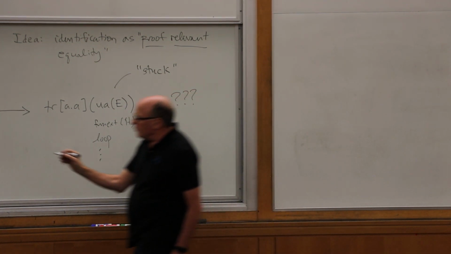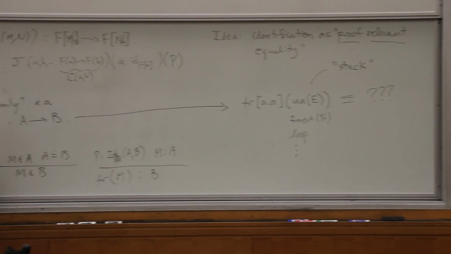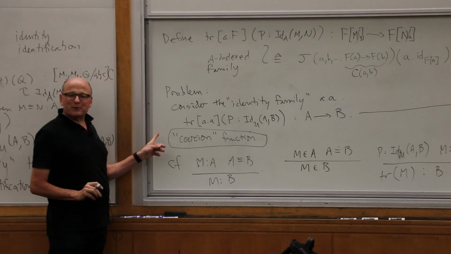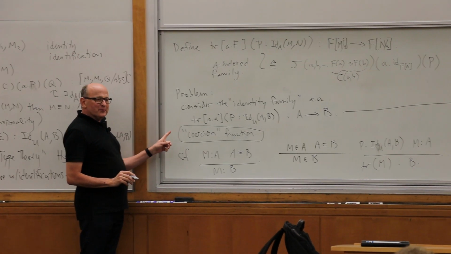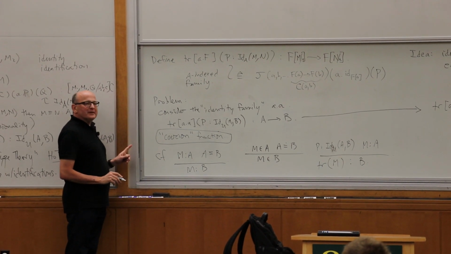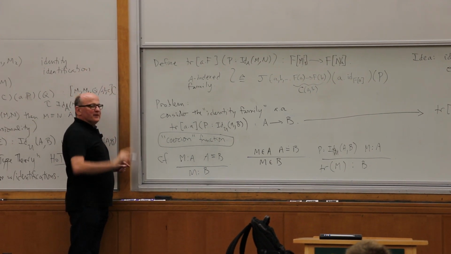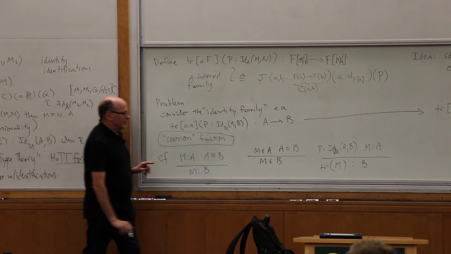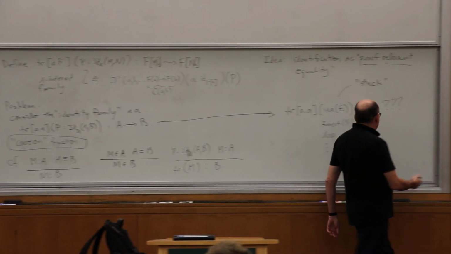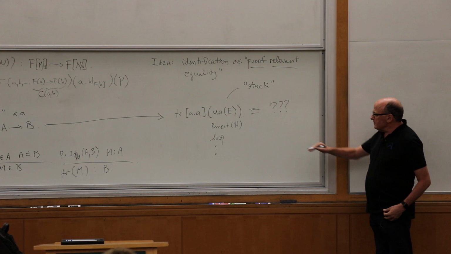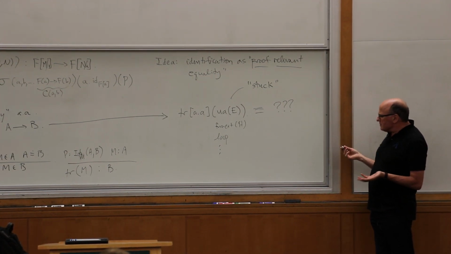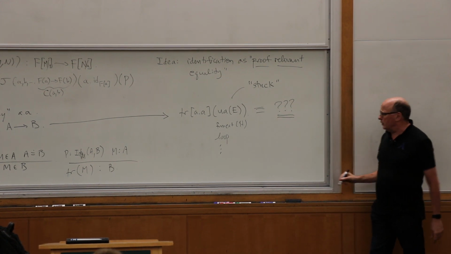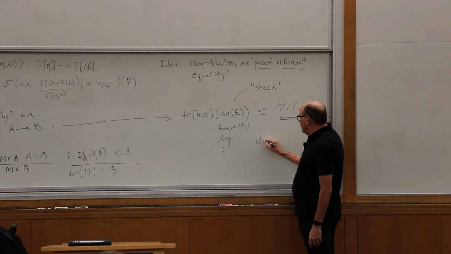So if this is supposed to be a coercion, I'm using that terminology suggestively because every computer scientist at one time or another comes across the idea of a coercion. And every single person who's ever written down a programming language, it seems to me, eventually reinvents the idea of a coercion. It never really works, but I just want to use that as a way of priming the pump of your thoughts. So if this is supposed to be some kind of coercion, how is it supposed to work? Like what should be here? Okay, well, it's not very obvious how to do it, but the idea ought to be